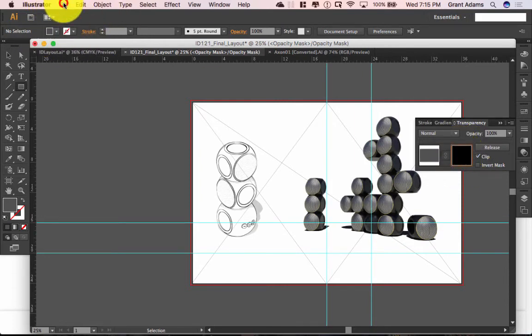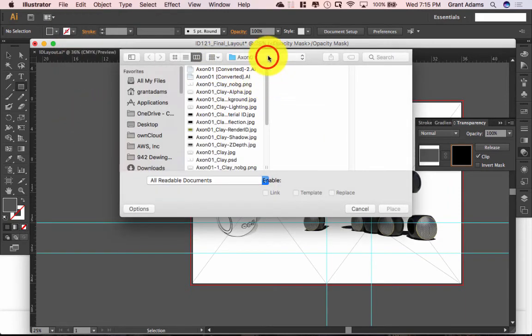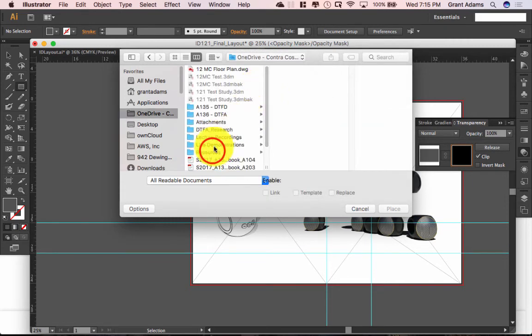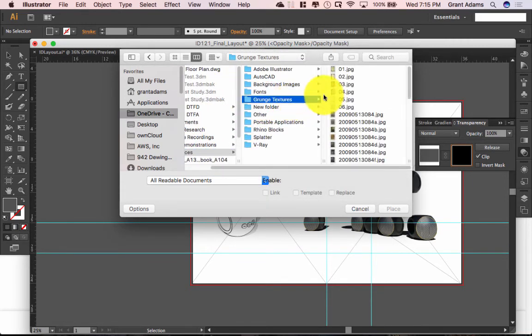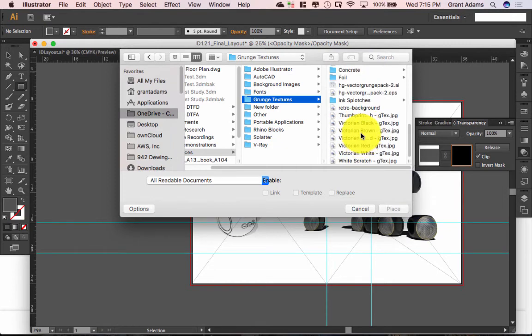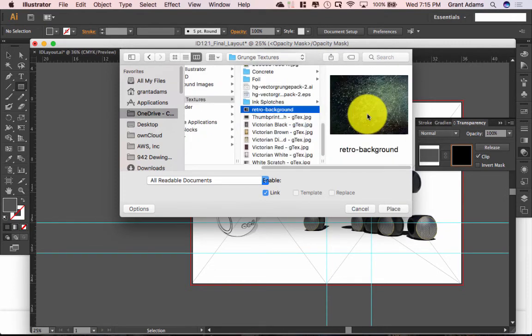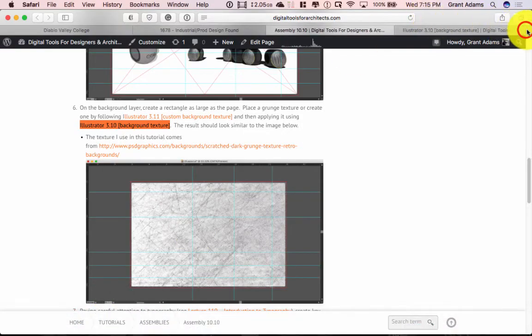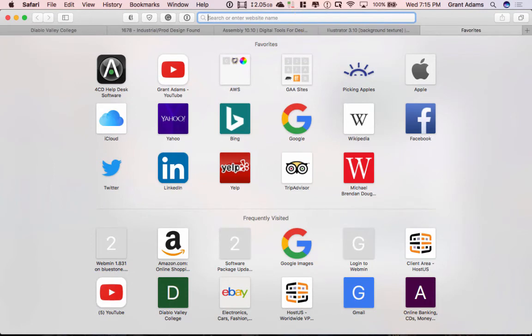I will go up to File and then Place, and I'm going to drop in a grunge texture. You can do a Google search very easily for grunge textures. I have a file on my flash drive that saves a bunch of grunge textures. The one that I was going to pick is this retro background texture. I liked it. But if you do a Google search, actually the best place to do it would be a Creative Commons search, which is